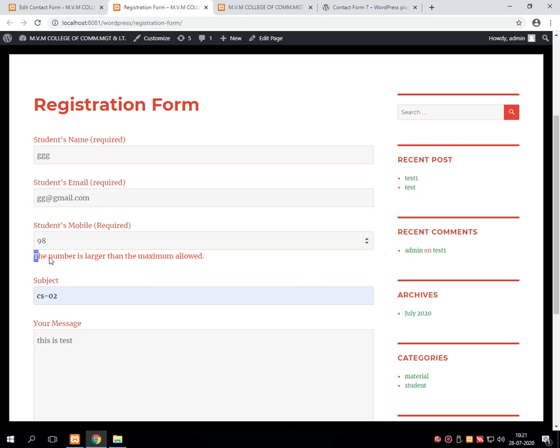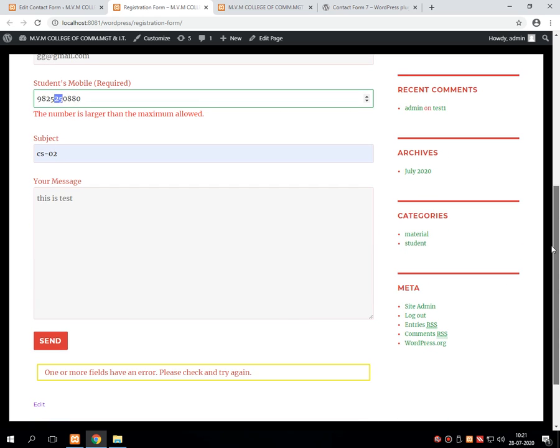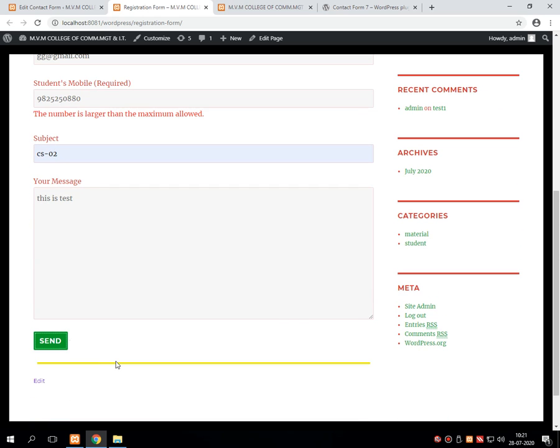What it displays: the number is larger than the maximum allowed, right? So suppose here I am giving a proper number of 10 digits, 2 plus 2, 4, 6, 8 and 10. Then I am pressing the send button.